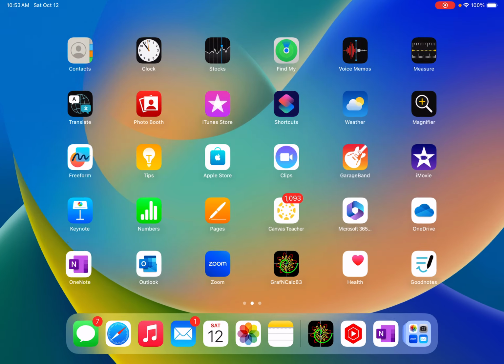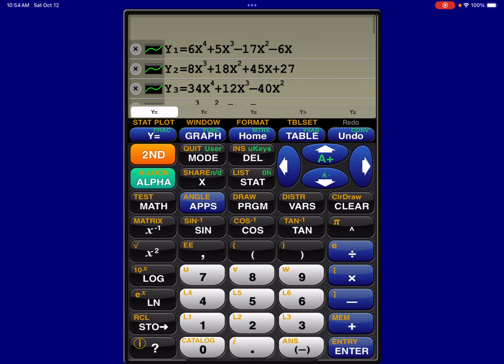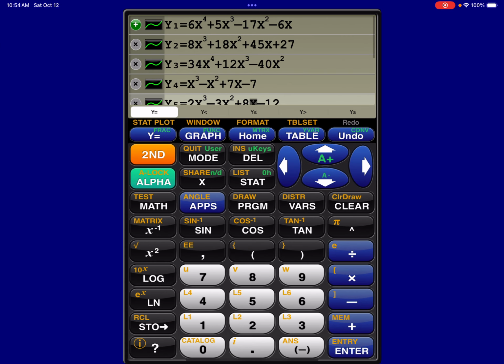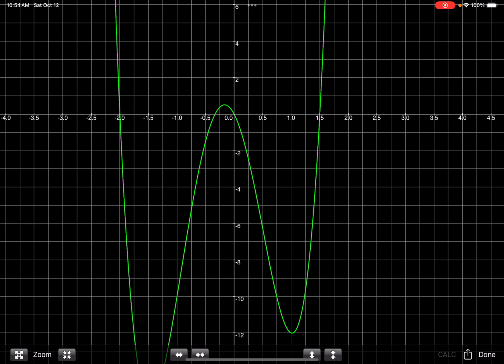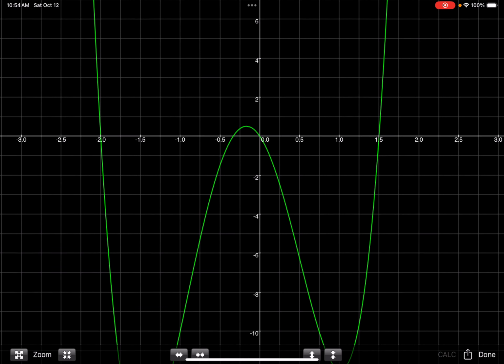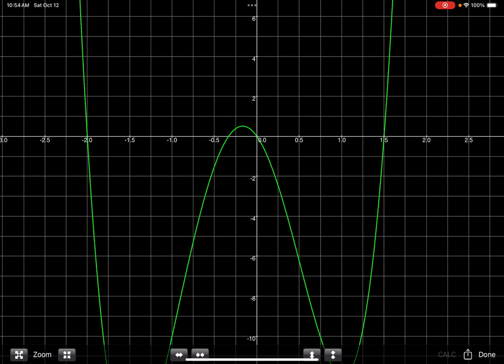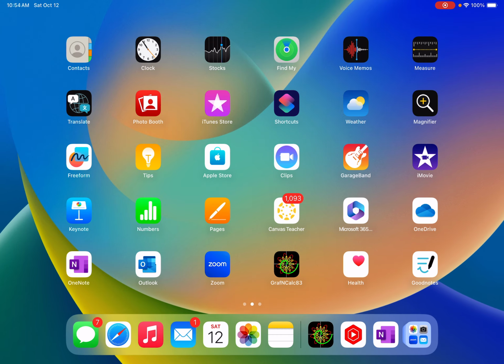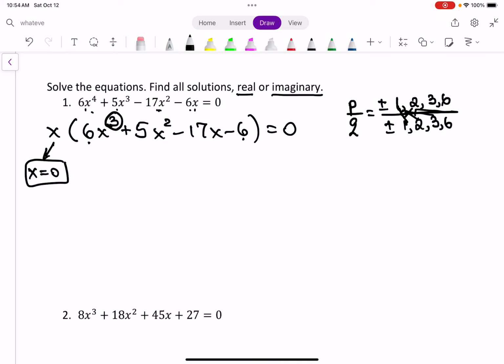So I have the graphing calculator ready. I have all the functions in here. So let's graph this one. All right, so again, as you see, it crosses through 0. We already knew that answer. And then I see some more good ones. A good one that I'm finding is -2, so I'm going to try that. The others seem to be decimals. So I'm going to take -2, and I'm going to use synthetic division on -2,